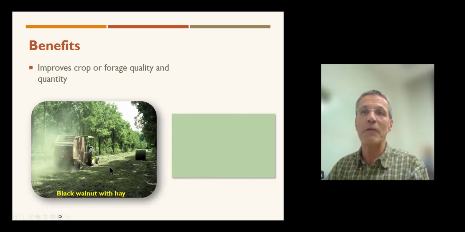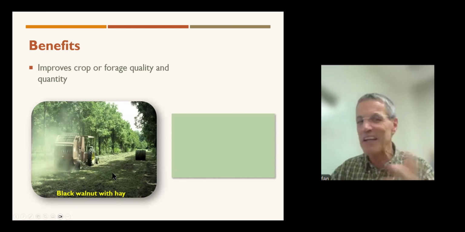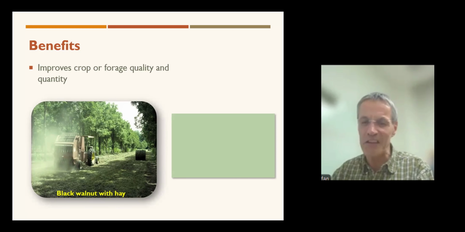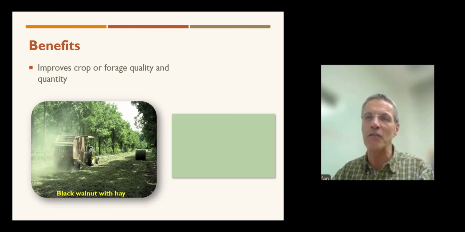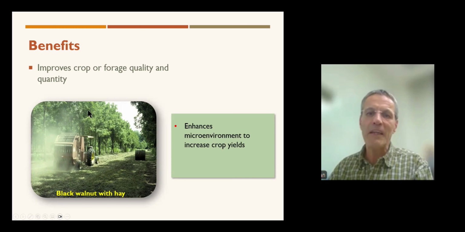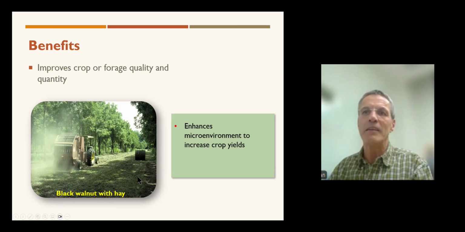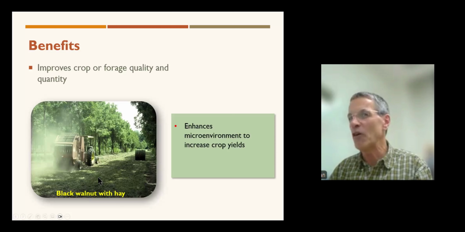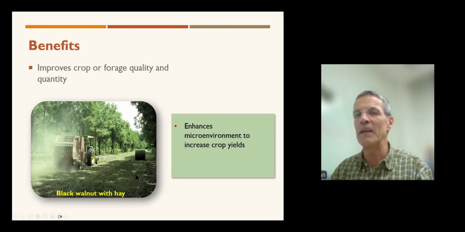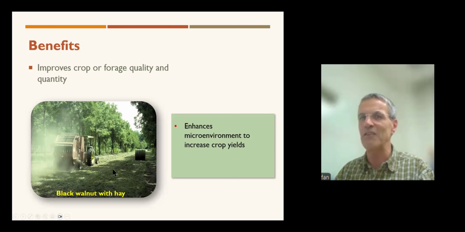This is an example from the United States. A lot of my examples are from the temperate region and not necessarily from Bhutan or the more subtropical regions. But I think you can make the connection of what would be suitable for your climate. In many cases, there are crops that actually benefit, especially when they're grown in this case in the south of the United States, where it's quite hot. Grass that's grown in here is suffering from heat stress.